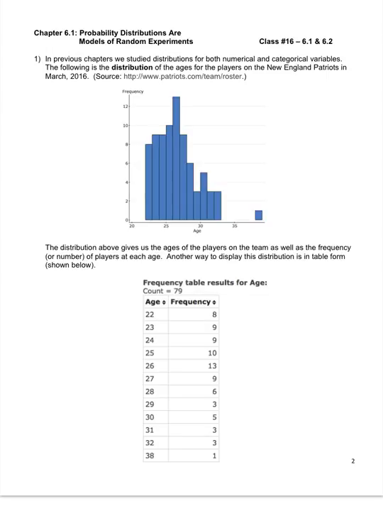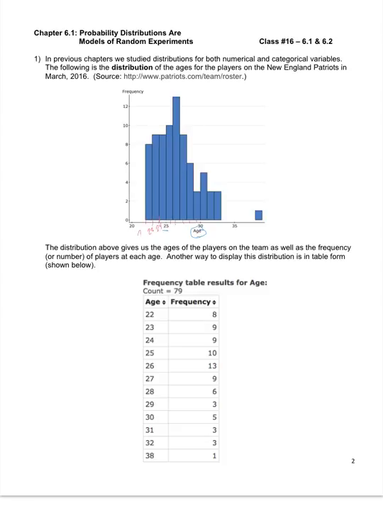The following is the distribution of the ages for the players of the New England Patriots in March 2016. And the source is given here if you'd like to check out their website. What we can see from this histogram is that the ages are displayed on the horizontal axis, so that's our variable. We can take a closer look at the scale given. We've got 25 marked and 30 marked, and notice that there are 1, 2, 3, 4, 5 bars in between them. So we know each bar has a width of 1. If we count back, this is 24,